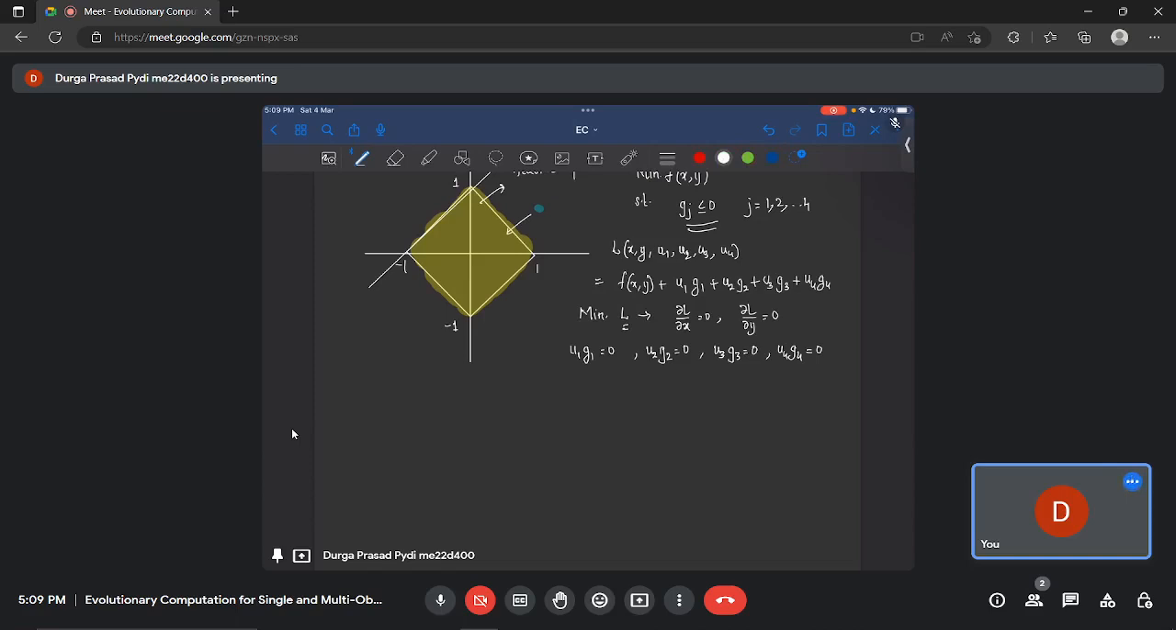This can happen only if u1 is greater than or equal to 0, u2 is greater than or equal to 0, u3 is greater than or equal to 0, and u4 is greater than or equal to 0. Why is this? Because suppose u1 is negative and your g1 is positive, then the product u1 times g1 will go negative. So the L value will be f plus u1 times g1, where this quantity is negative. So even though g1 greater than 0 is an infeasible solution,